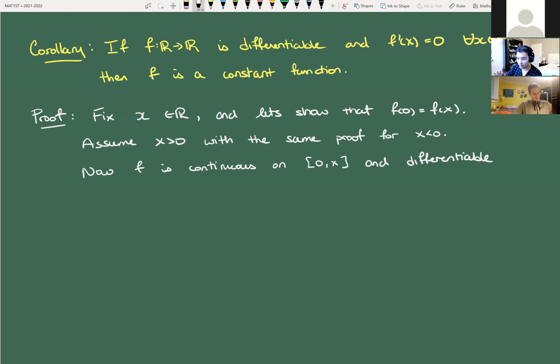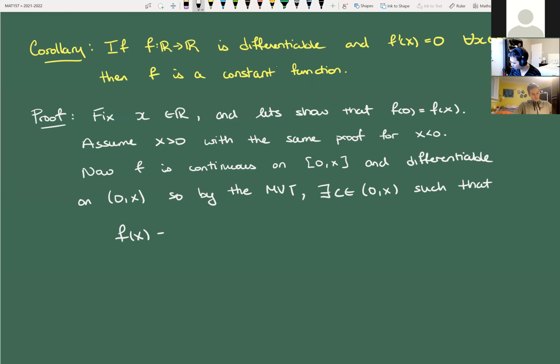You have to say, look, my hypotheses are satisfied. I'm allowed to do this. Okay, so by the MVT, and if you want to say MVT, everybody knows what MVT means, right? Mean value theorem, you can totally just say that. So by the MVT, there exists some c in (0, x) such that f of x minus f of 0 is equal to f prime of c times x minus 0,